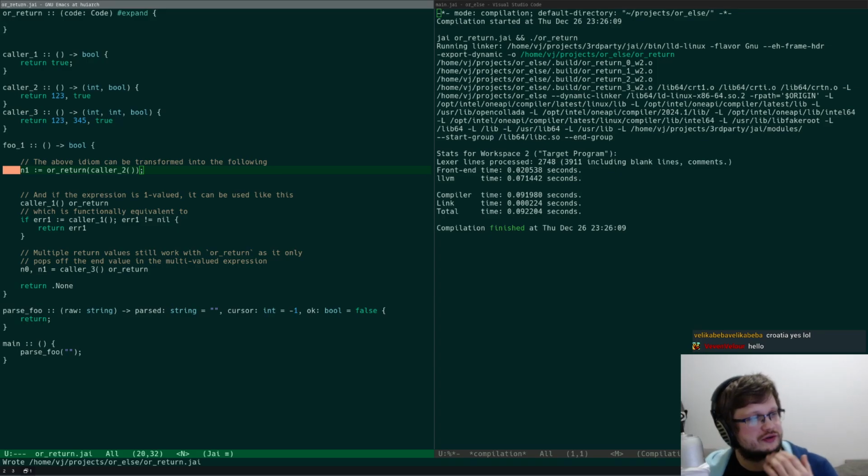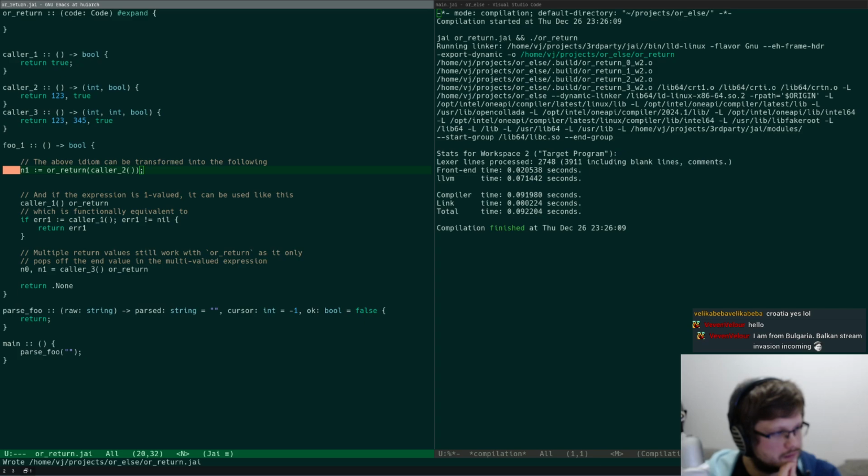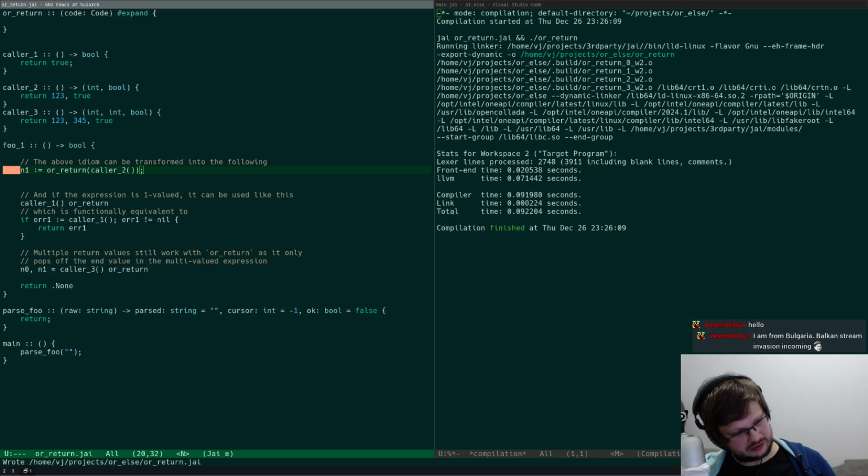Yeah, so it's short circuit. It's a little bit like or else that we had before. Try, must be a. And you're required to pass a code. So it has slightly different semantics, but the end result is similar.